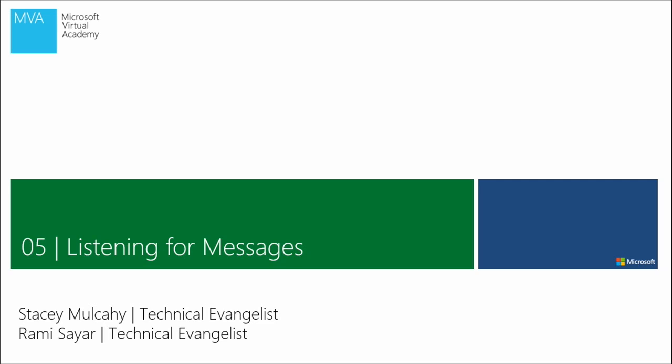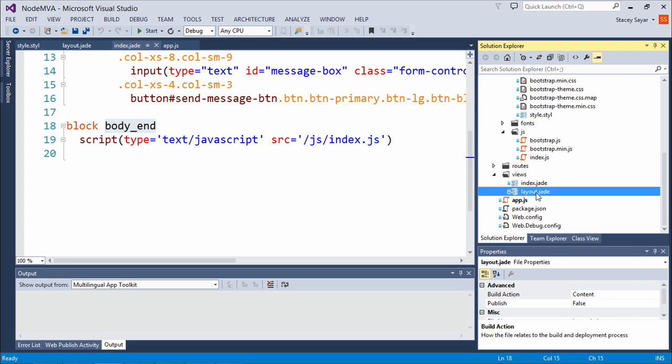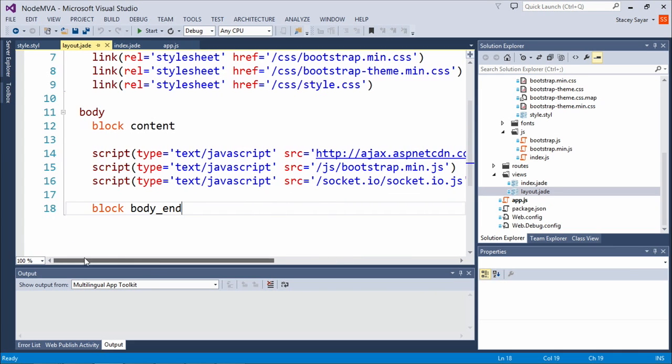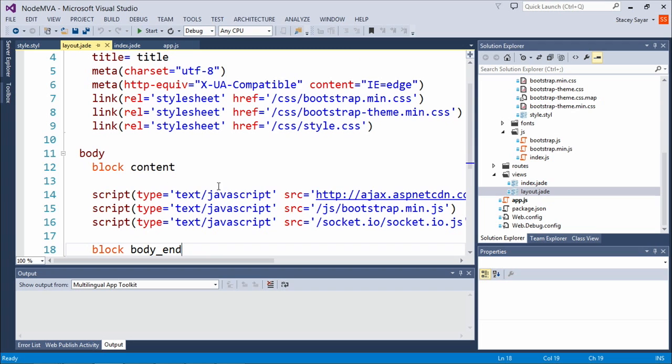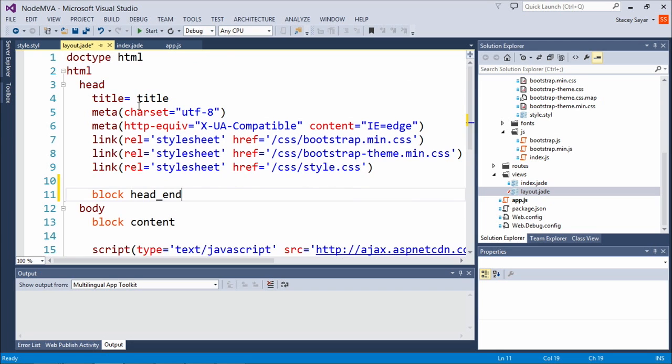Yeah. So now if you remember, in our index.jade, we had this body end tag. And the reason why we do that is because in our layout.jade, we don't want to have a block that is for the JavaScript tags, because that will typically mean that it will delete all of those JavaScript tags the minute we override that block. So instead, what I like to do, and you can do the same thing for the CSS, we mentioned it in the last module, is add an empty block at the end of